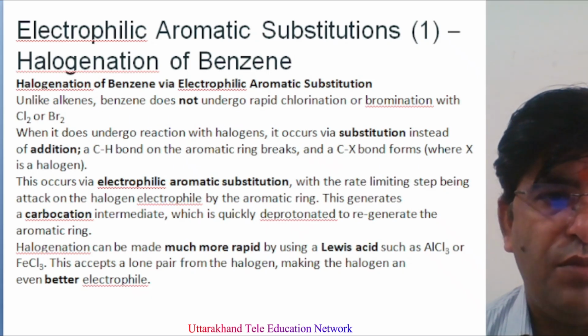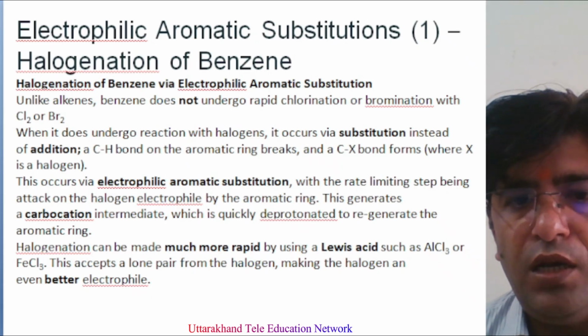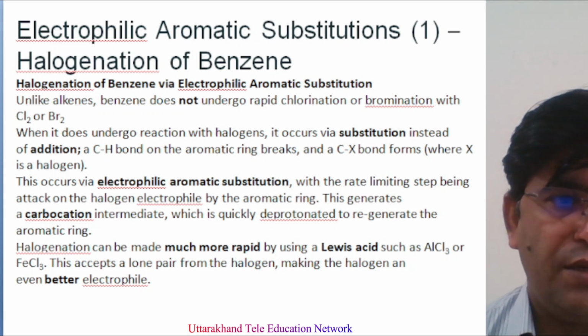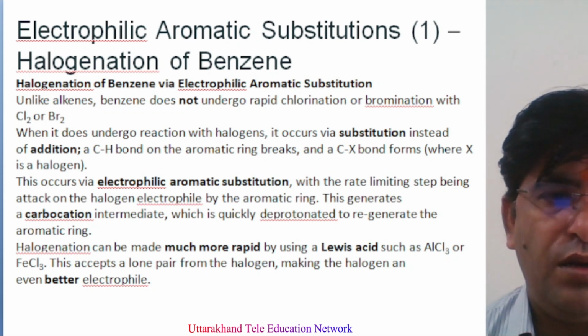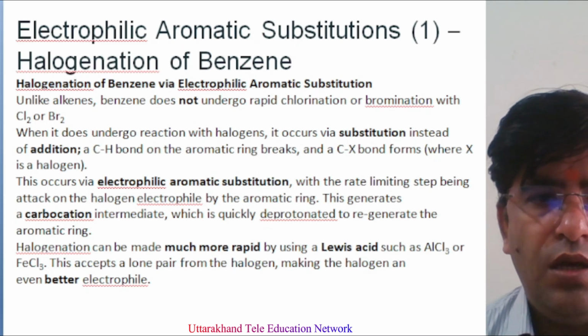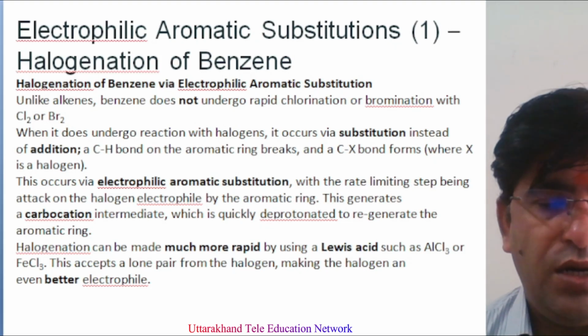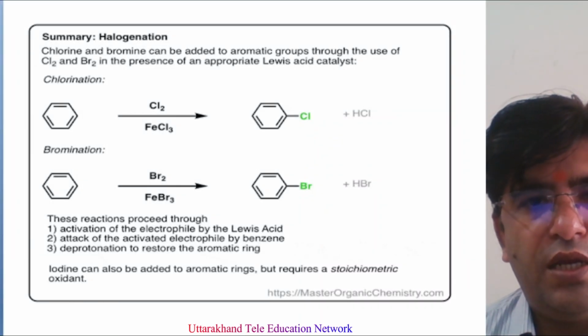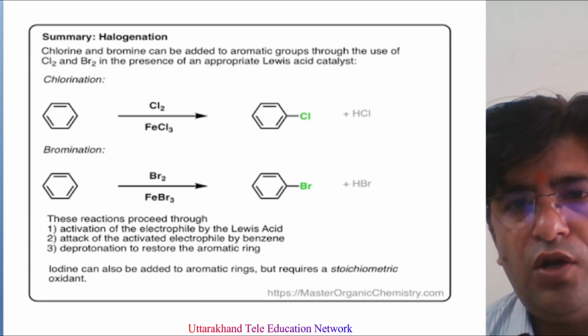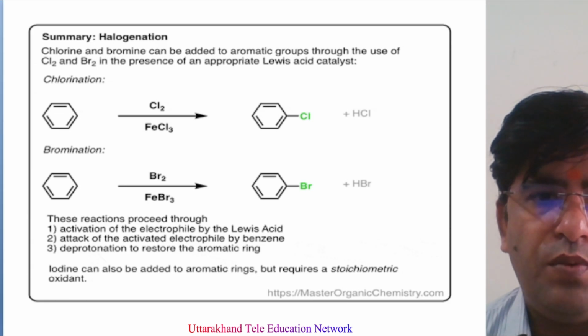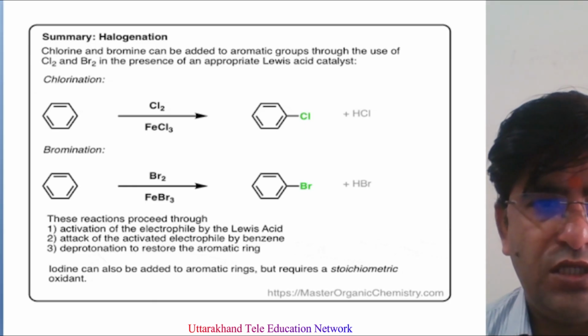Halogenation can be made much more rapid by use of a Lewis acid such as AlCl3 or FeCl3. This accepts a lone pair from the halogen, making the halogen an even better electrophile. Chlorine and bromine can be added to an aromatic ring through the use of Cl2 or Br2 in the presence of an appropriate Lewis acid catalyst. In chlorination, with FeCl3, chlorobenzene is the product, and in bromination,